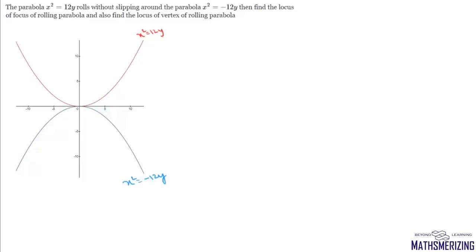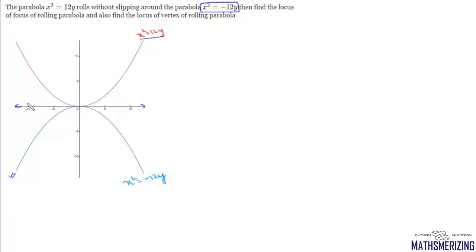Now let us take a very interesting rolling parabolas problem. The question is, the parabola x square equals 12y rolls without slipping around the parabola x square equals minus 12y. So this parabola is fixed, and this parabola on the top is rolling without slipping around this second parabola. We need to find the locus of the focus of the rolling parabola, and also the locus of the vertex of the rolling parabola. Now these two parabolas are mirror images of each other